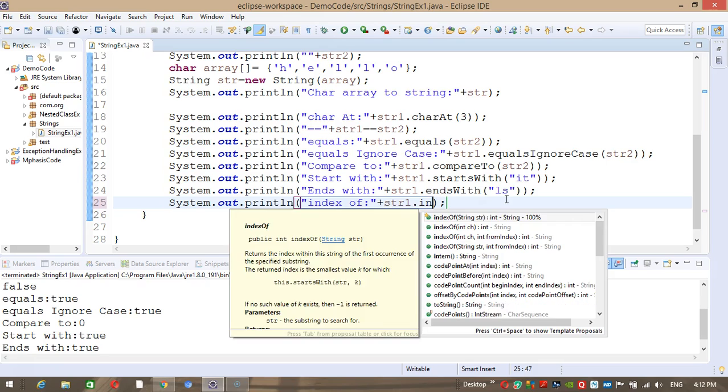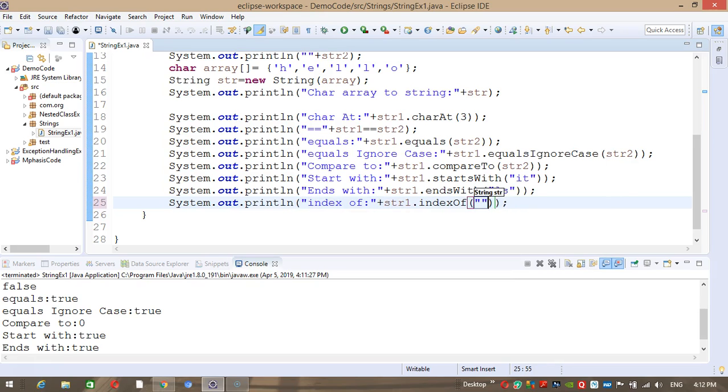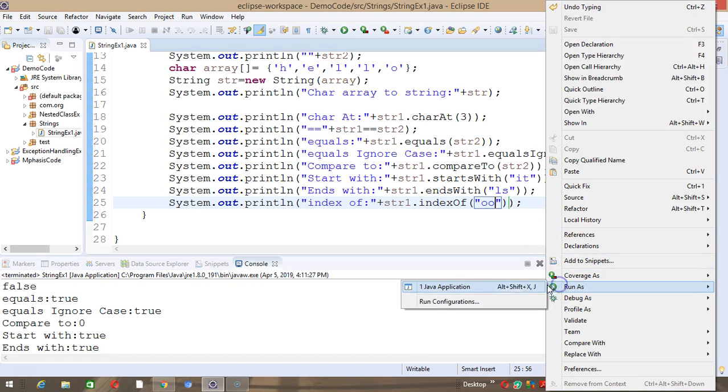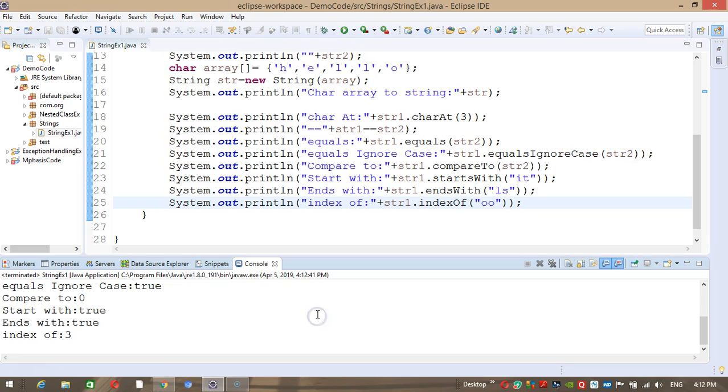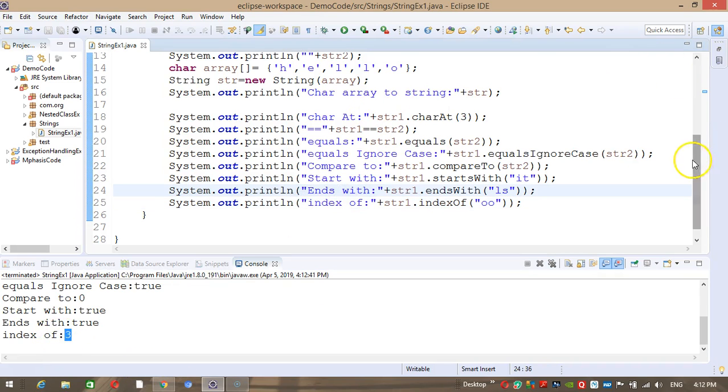The indexOf method returns the index of a particular character or string which you specified in that argument. So if I do IT, or suppose if I do double O, it returns 3 because the first O occurs at the third position.